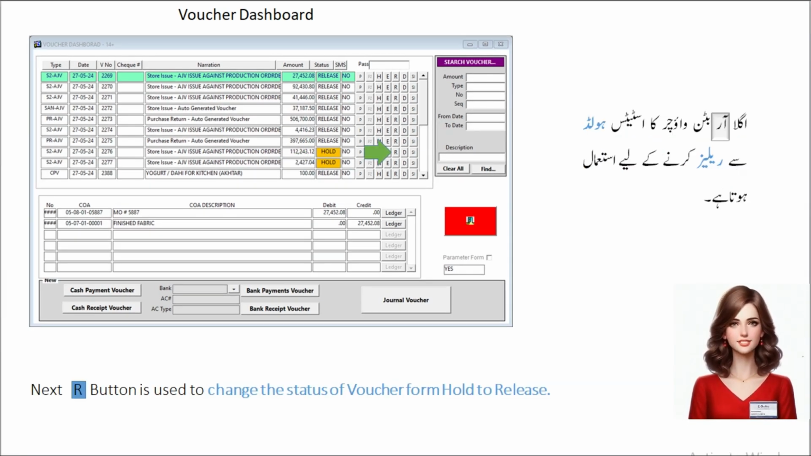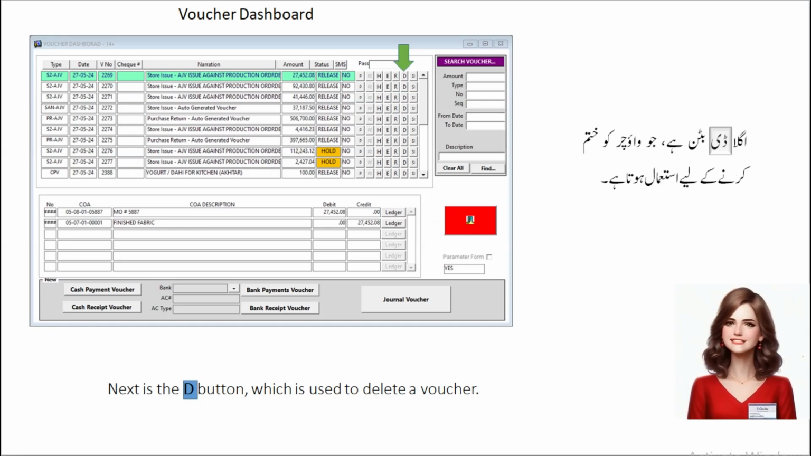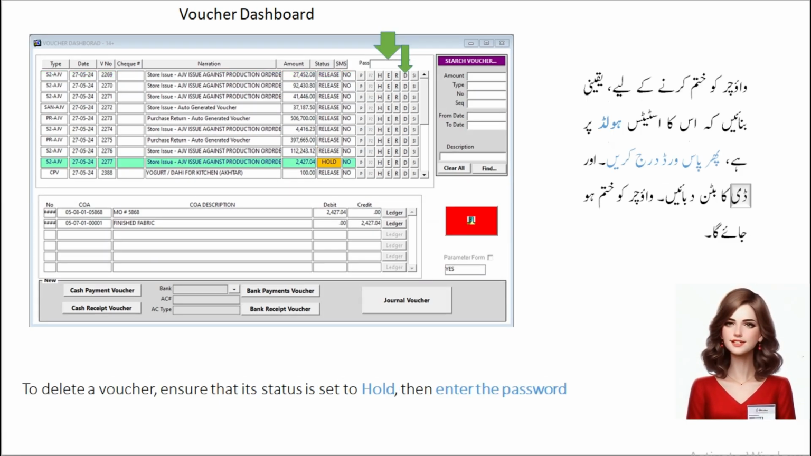Next, the R button is used to change the status of a voucher from hold to release. Here are the details of the selected voucher, showing which account is debited and which is credited. Next is the D button, which is used to delete a voucher. To delete a voucher, ensure that its status is set to hold, then enter